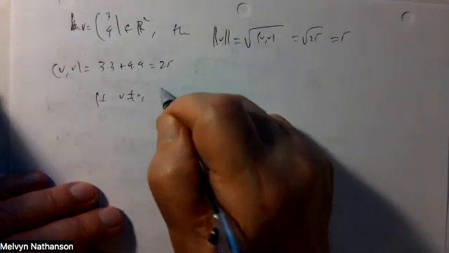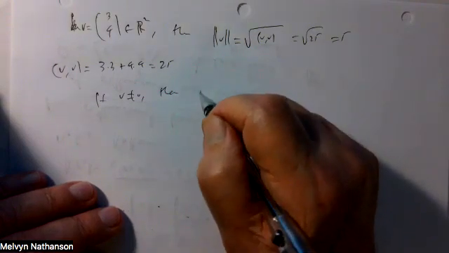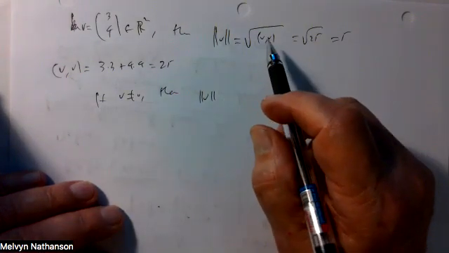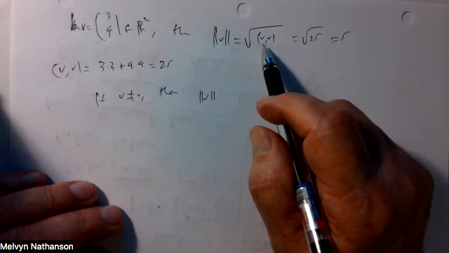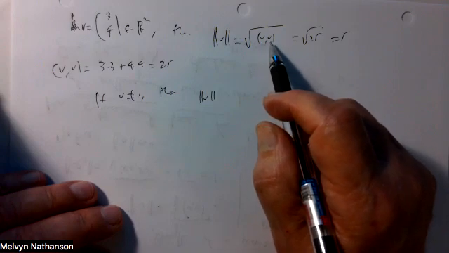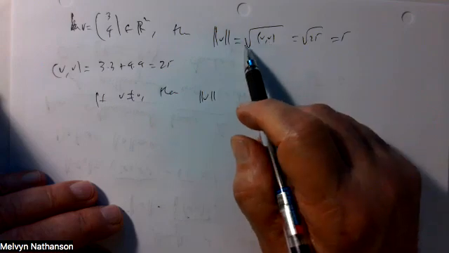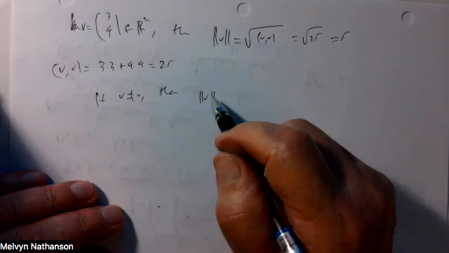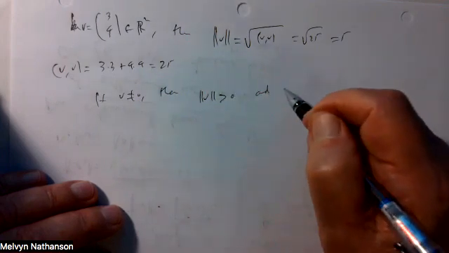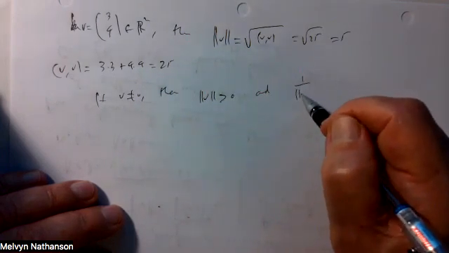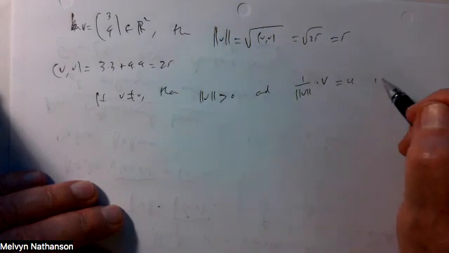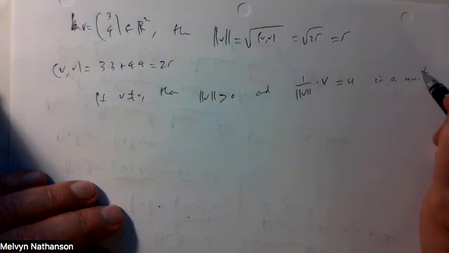If V is different from 0, then the length of V is positive. Notice, you have an inner product, so the inner product of a non-zero vector with itself is strictly greater than 0, so the square root always makes sense. So if V is non-zero, then the length of V is positive, and if I take the vector 1 over the length of V times V, and call that U, this is a unit vector,